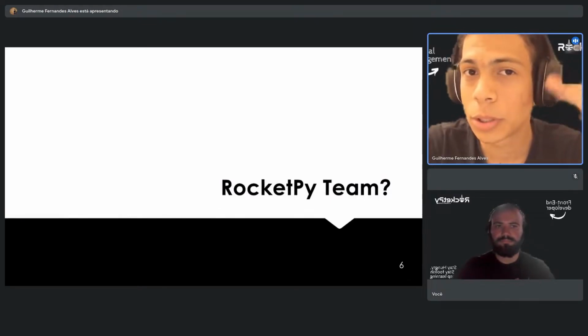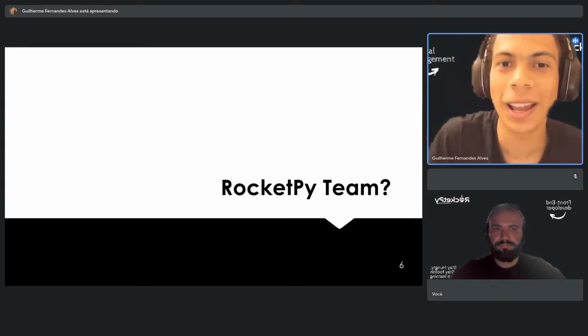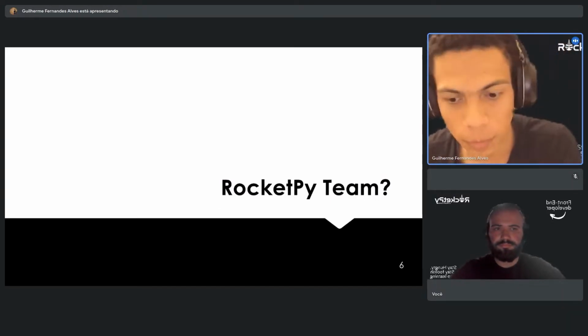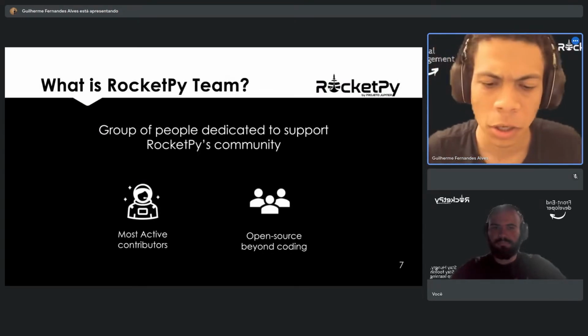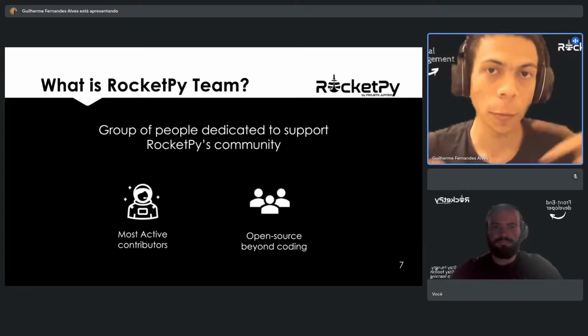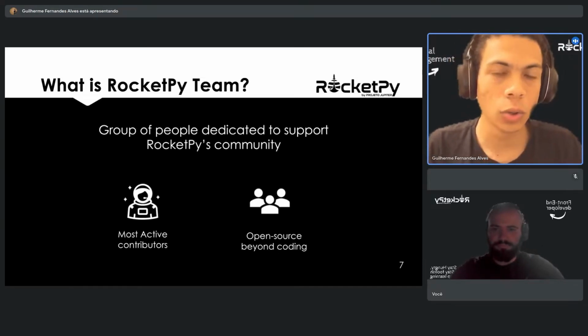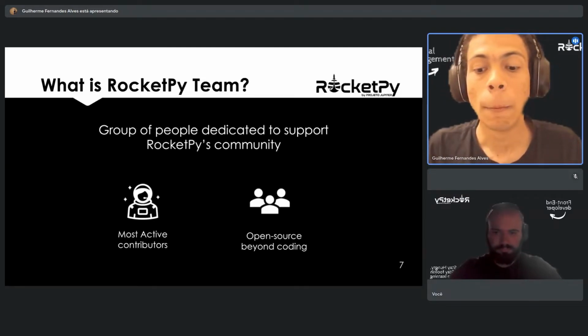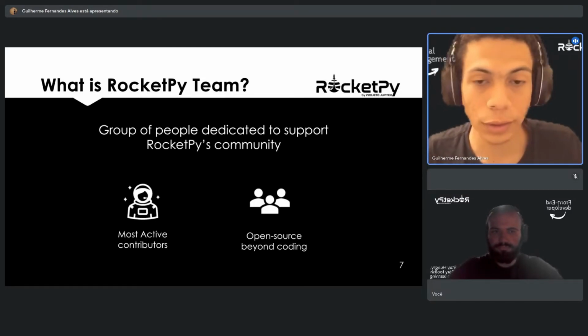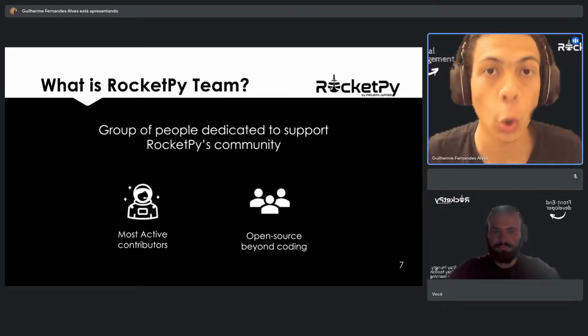Also, there is a particular branch of RocketPy that is the RocketPy team, which essentially is a group of people that dedicates time to support the RocketPy community. It includes the most active contributors of the code, but also has different tasks that are beyond coding itself.